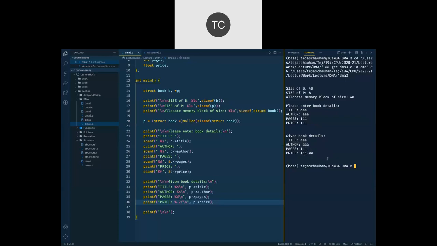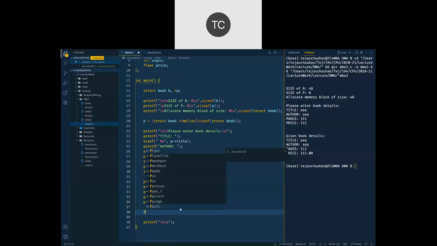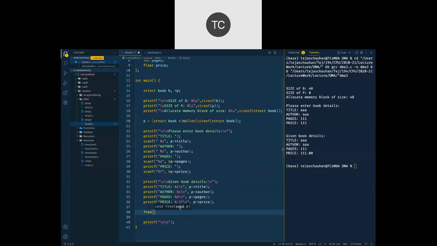Correct? So now we are working with a pointer variable, and using this pointer variable explicitly we have allocated memory. Don't forget, you should free that memory back. So you should call free with the p variable here. That's how we free it.